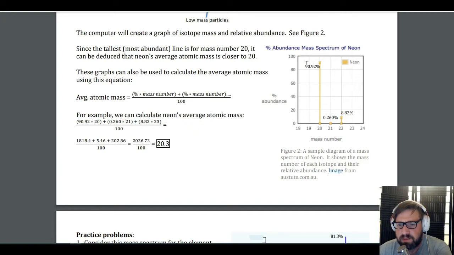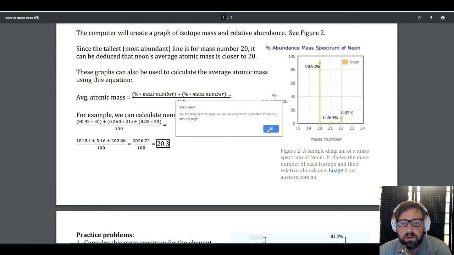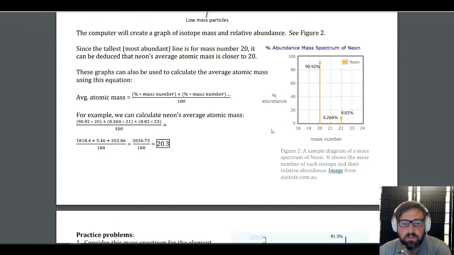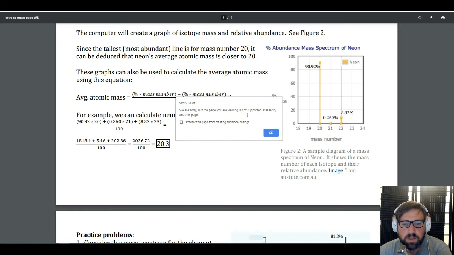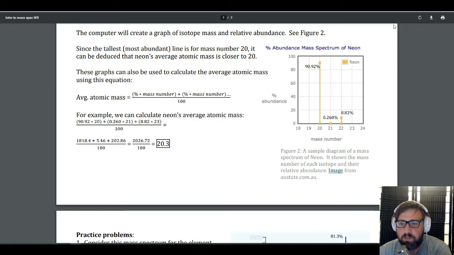Just looking at this, you can kind of tell, without even doing any kind of calculation whatsoever, that it's going to be mostly 20, and then a little bit of 21, a little bit of 22. So we can tell if I were to... page is not supported. Okay, fine. All right. So if I wanted to do this, then I could tell that the actual weight of this is going to be